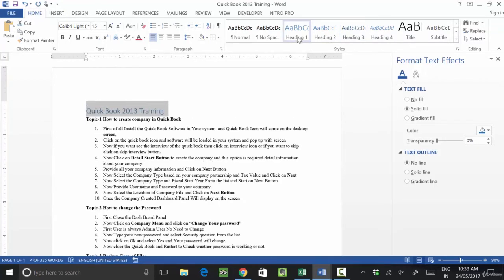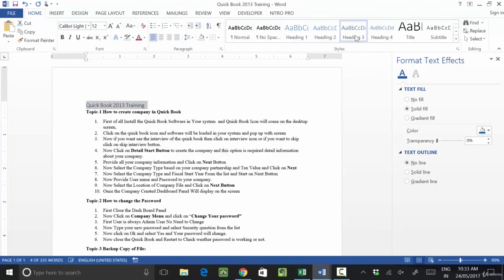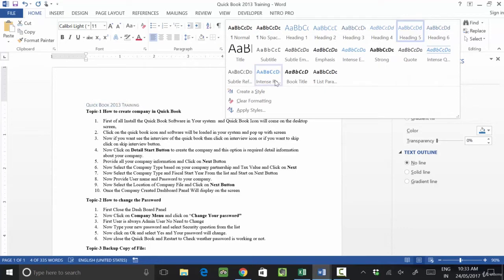You will see your text size will be 16 right now. If you want to change to Heading 2, it is 13, and if you select Heading 3, then it is 12. Heading 4 is the minimum, 11. So we have a total of 6 heading styles. Heading 5 is again a different style. It is your choice which style you want to use. So we have styles applicable here.